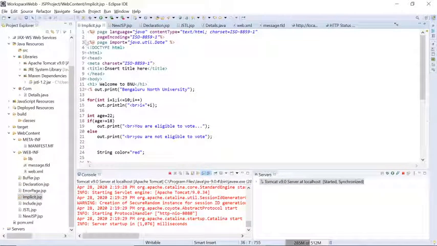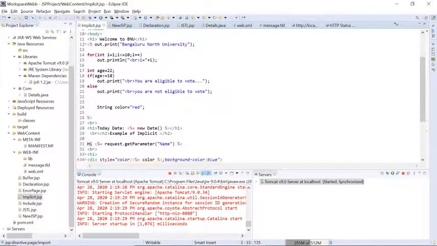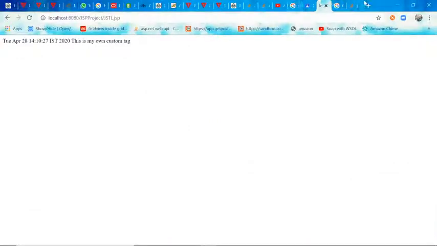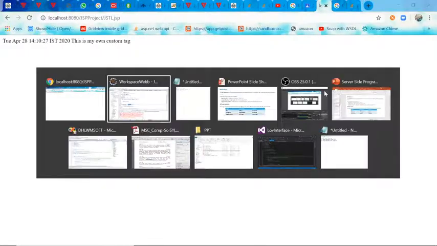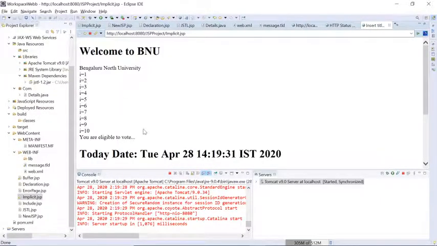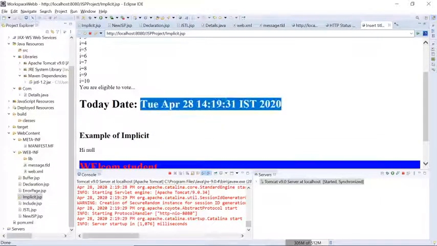You can check out this is one extra library, the utility library, date. So we are going to use the date object also. In this one it will show you the dynamic date, which we have already seen. You can check out, it is showing a different date.